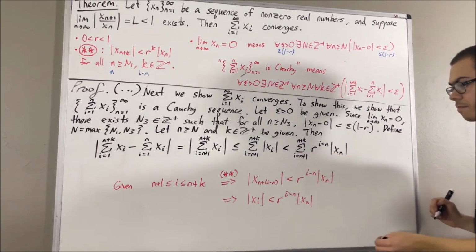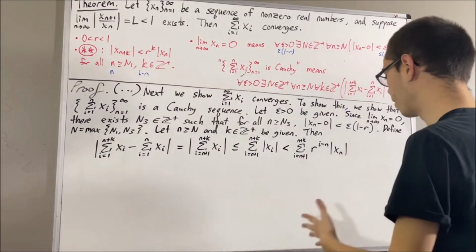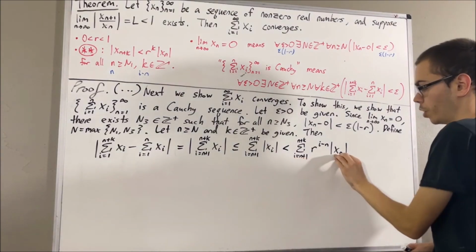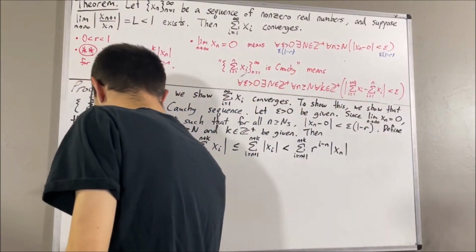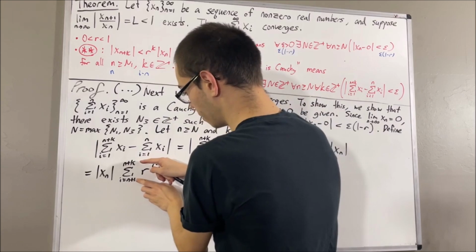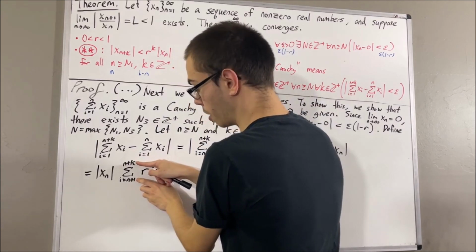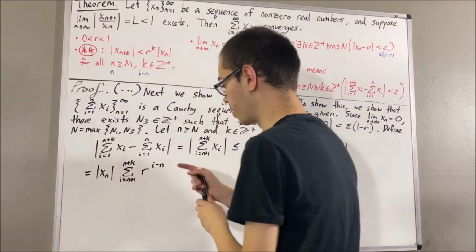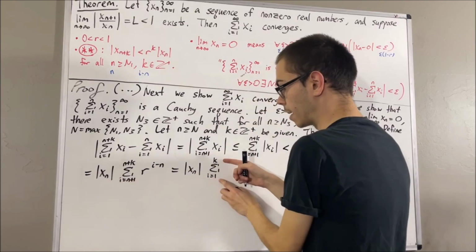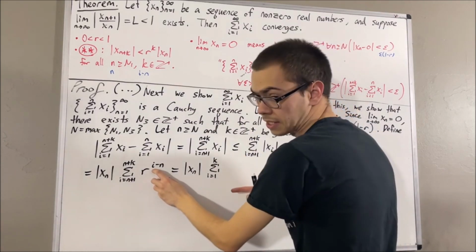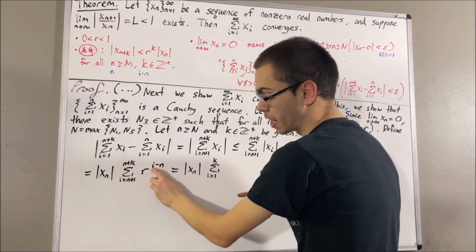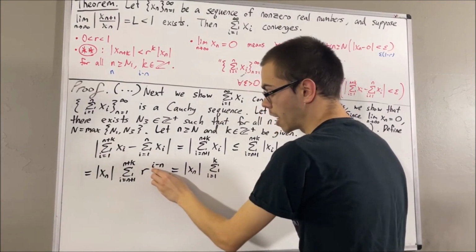So this is what we get. But now, since absolute value of xn doesn't depend on the index of the sum, we can pull it to the outside. And next, let's actually decrease both the lower number and upper number by n. Right? We can do that. The only thing we have to remember when doing this is that we have to increase everywhere we see our index by the amount we decreased it by. So we're going to increase everywhere we see an i by n. So essentially, i becomes i plus n.